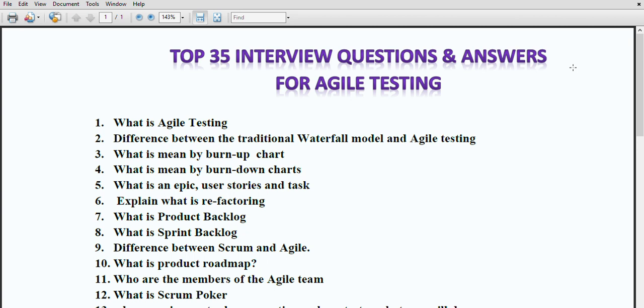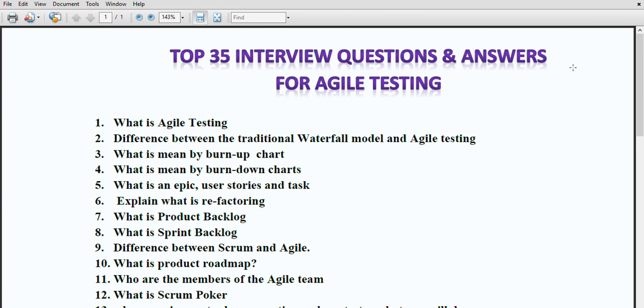The requirements that come from the customer are taken into consideration while developing and testing the particular software. So agile testing is simply testing done by continuously taking feedback from the customer.